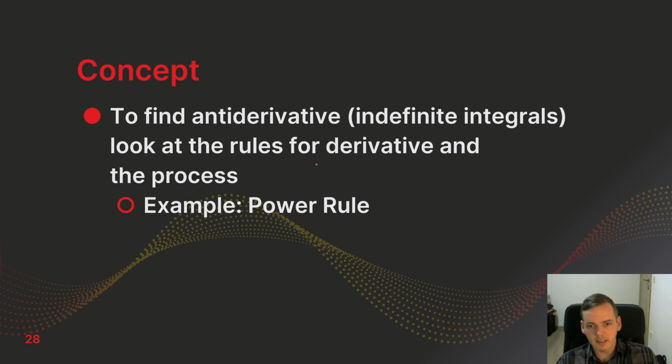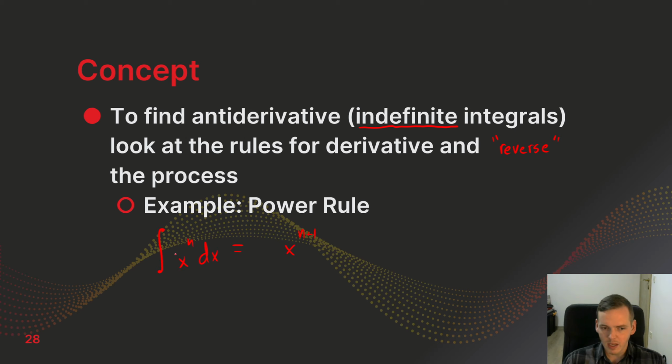So to find an antiderivative, and ultimately we care about this because we're using them to solve indefinite integrals, first you're going to look at the rules for derivatives, and then you're going to try to think about how you would reverse the process. So for example, with the power rule. Now, if this was a derivative, we would reduce the numerator power by 1. So instead, we're going to add 1 to the numerator